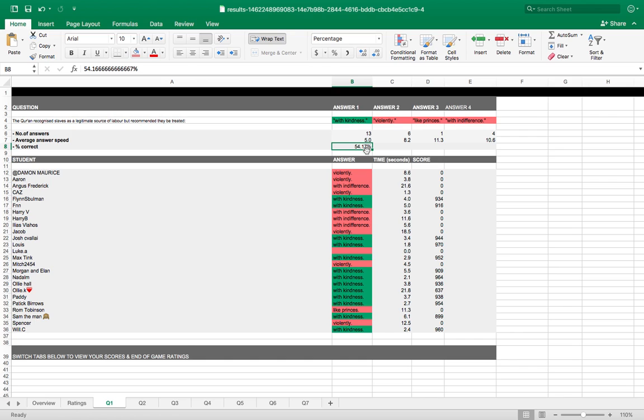So obviously, if I was going to be recommending revision to students, if I was going to be creating some kind of revision class with them, I would be having a look again at the issues of how the Quran talks about slaves within Ottoman society, if this was really an important aspect that I wanted them to really get to grips with. Another really good thing here is that it tells you the average speed that this question was